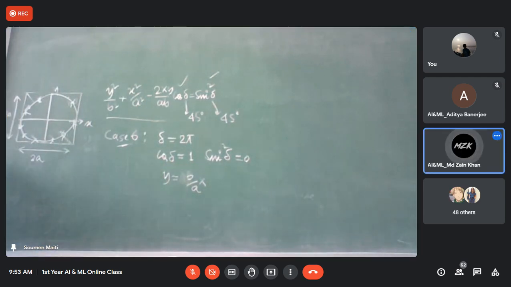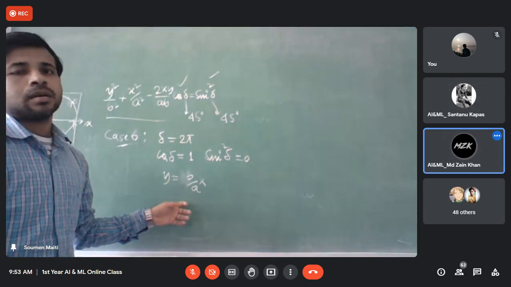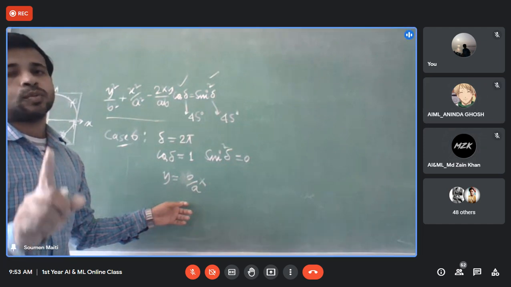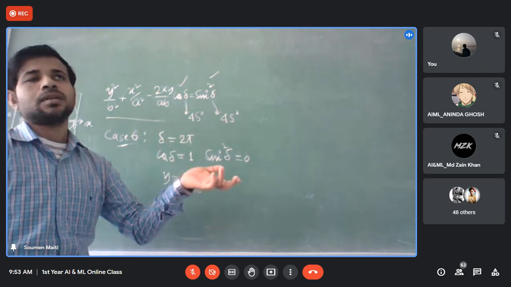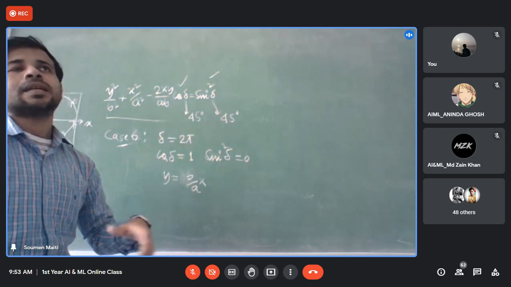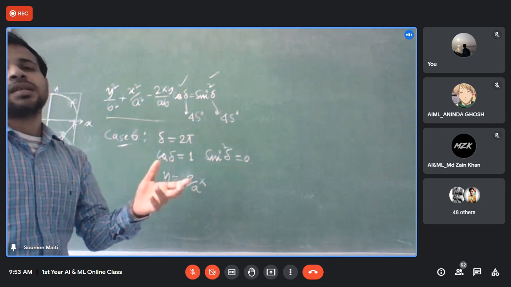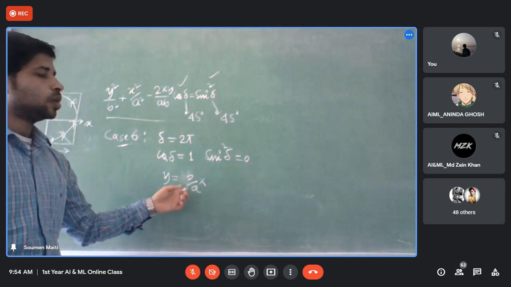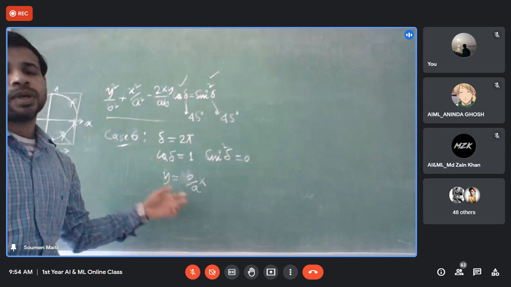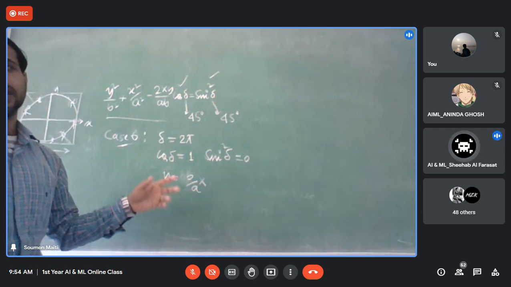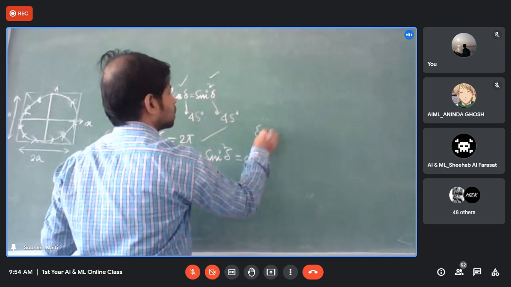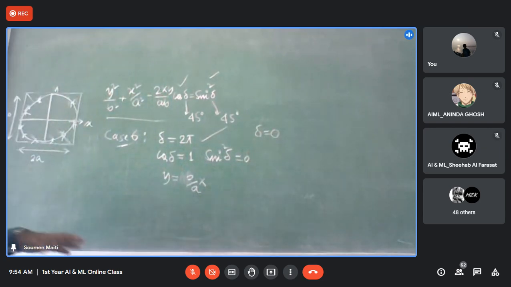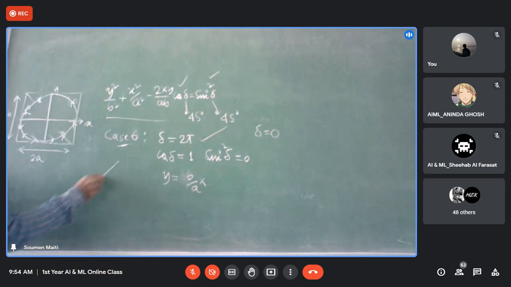Yes, sir. This is the equation of a straight line, the same as the first case, for delta 0. So look at this, we are repeating the same thing. After 2 pi, as it is an SHM, it will come to the same point. So we are getting the same case we achieved for case number 1. Delta equal to 2 pi and delta equal to 0 are nothing but the same case. It is moving in the first quadrant and third quadrant.